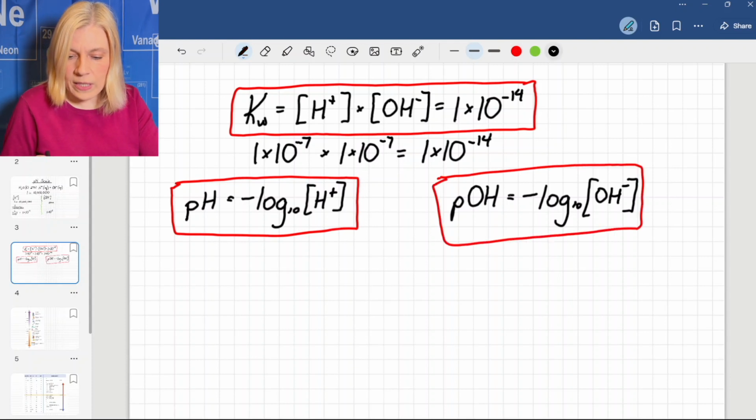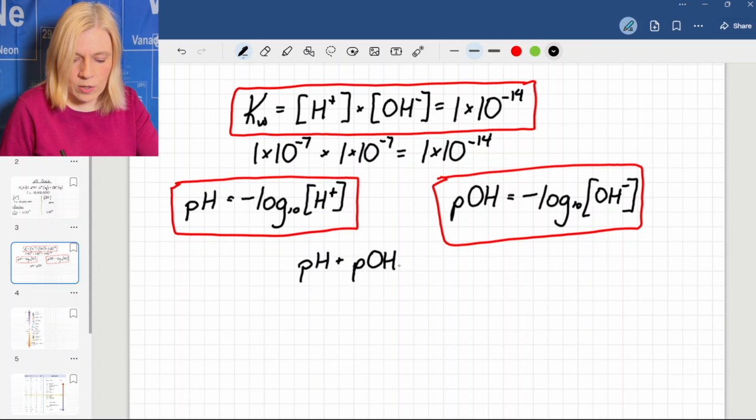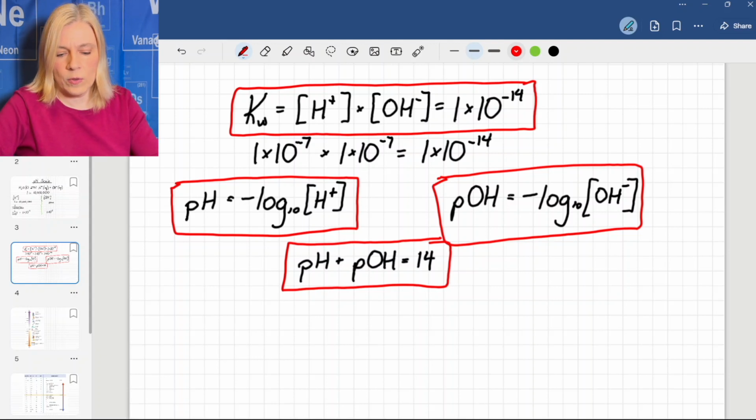And that also means that for water, or actually any substance, pH plus pOH will equal 14. So here we go. Just because H plus times OH minus concentration gives us 1 times 10 to the negative 14. So now you know the pH scale, why is it based